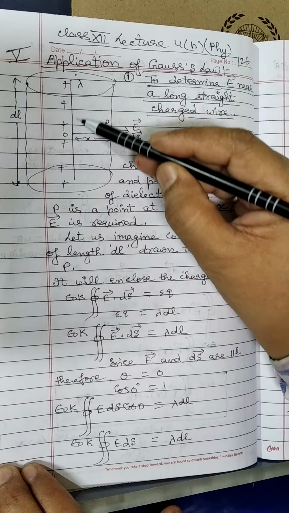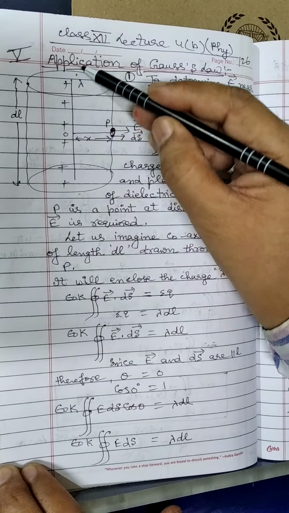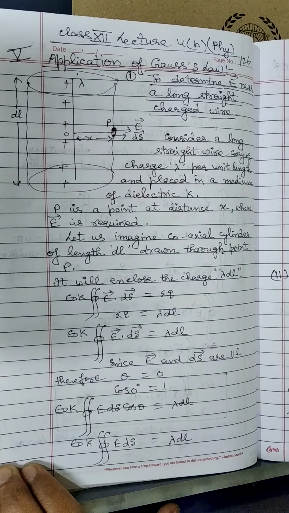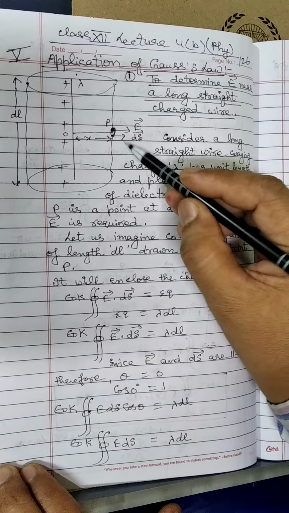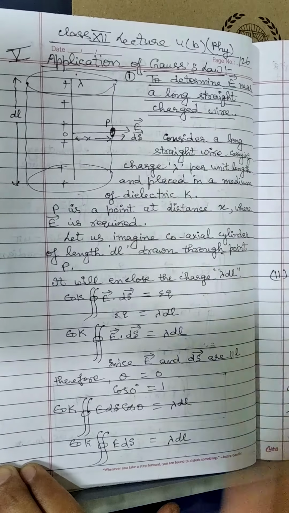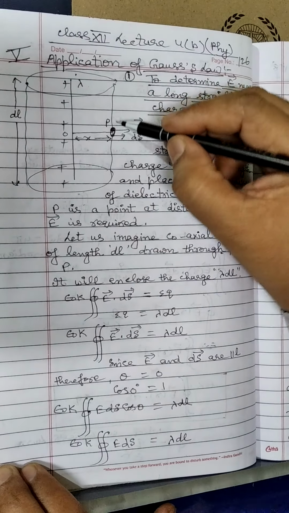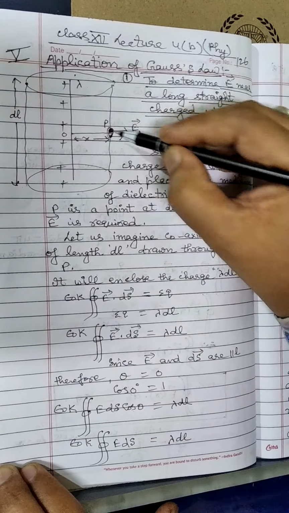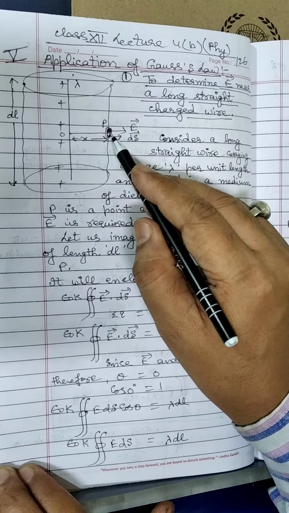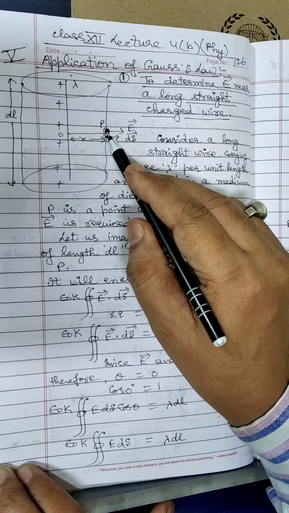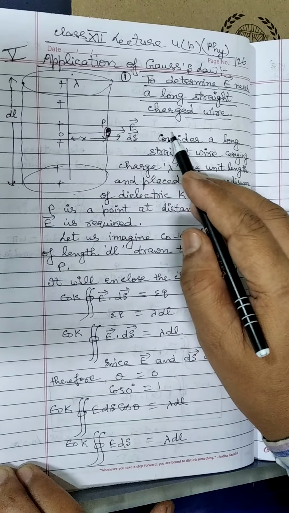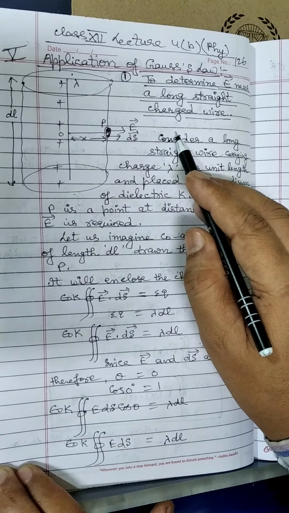If the charge is distributed on this long straight charged wire, the linear charge density will be taken into consideration, denoted by lambda. At the point P we have to find the direction and the value of the electric field. If we are considering this small area, then because of this positive charge, to know the direction, put the unit positive test charge +Q0 here. It experiences a repulsion force, so ultimately the direction of the electric field will be in this direction.